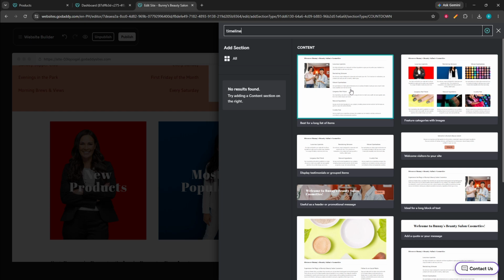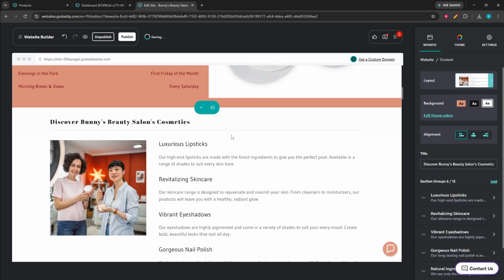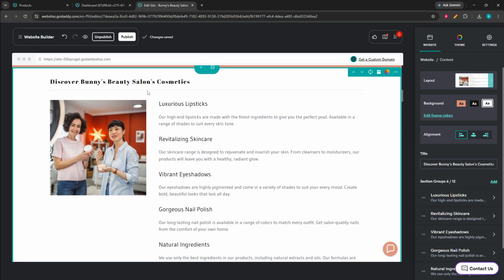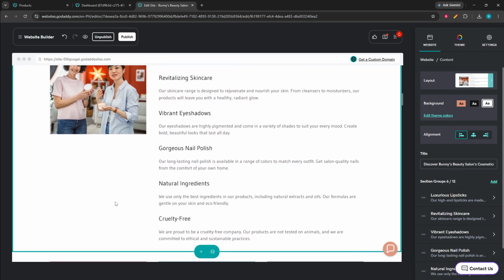Now replace the default heading and text with your own company information. Add your milestones, key dates, and short descriptions for each event. Make sure your entries are arranged in chronological order so visitors can follow the history of your business clearly and easily. If the timeline layout includes images, you can also replace the default visuals with your own photos, graphics, or brand-related images. Choose images that match the milestones you are highlighting and keep the overall design consistent with the rest